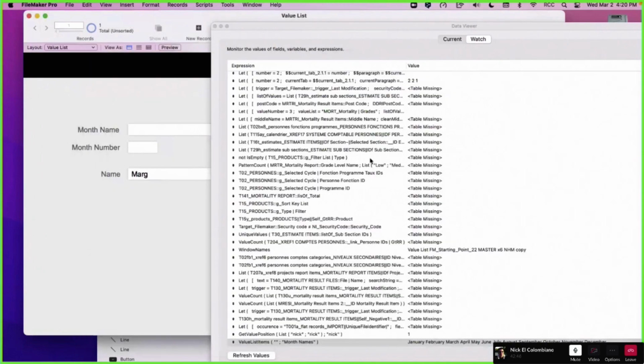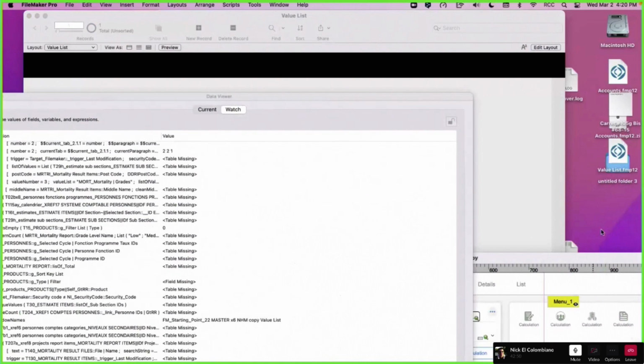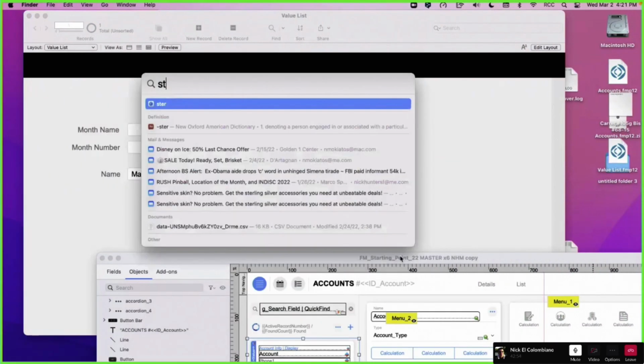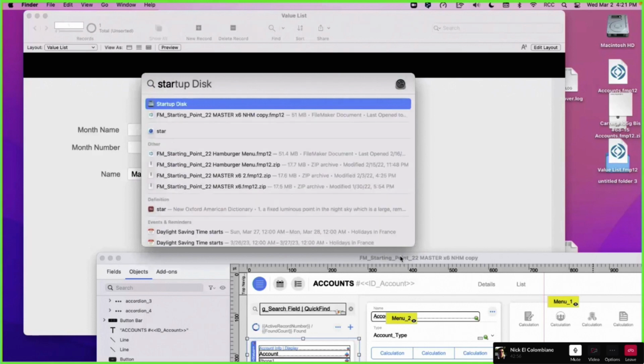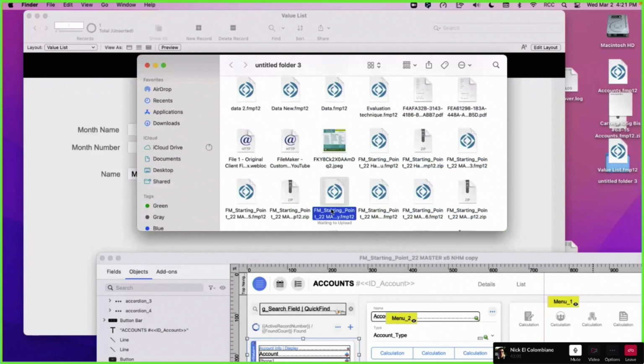So let's try it. To be honest with you, I never used that function. Yeah. Starting points. Okay. So let's copy this name.